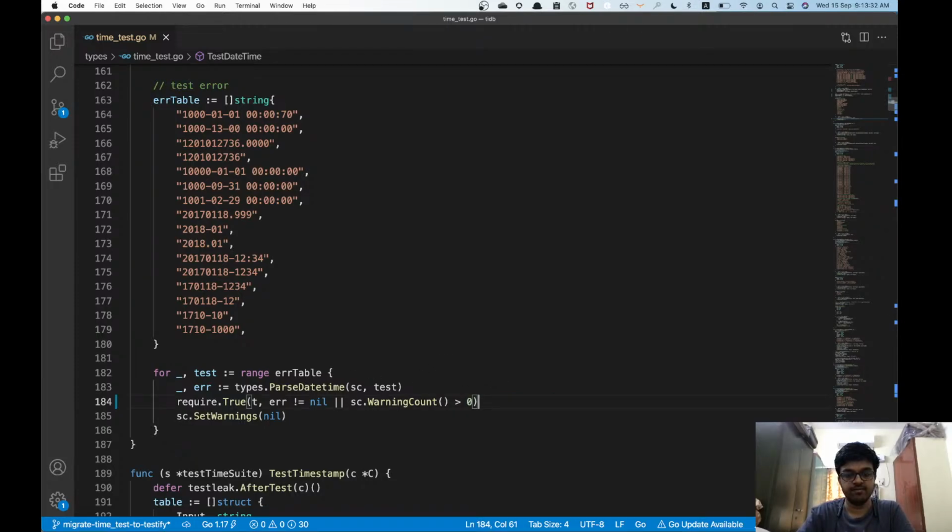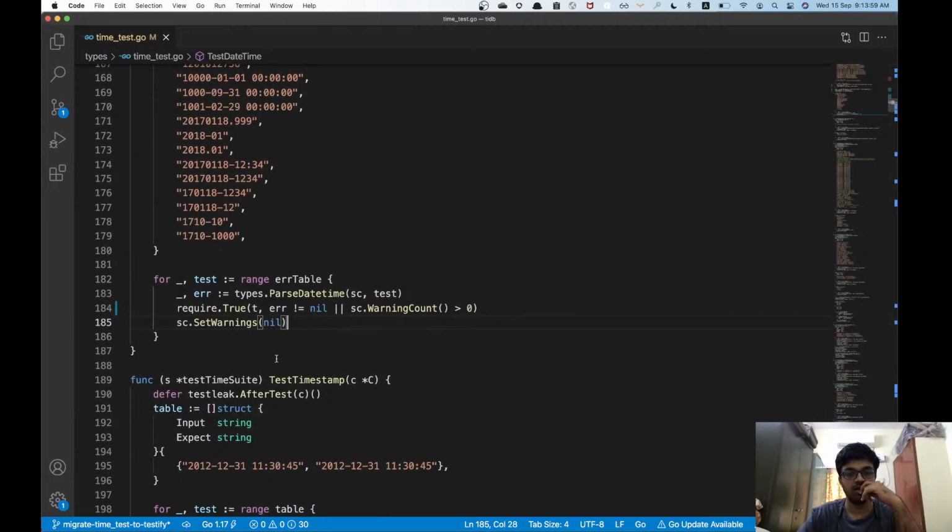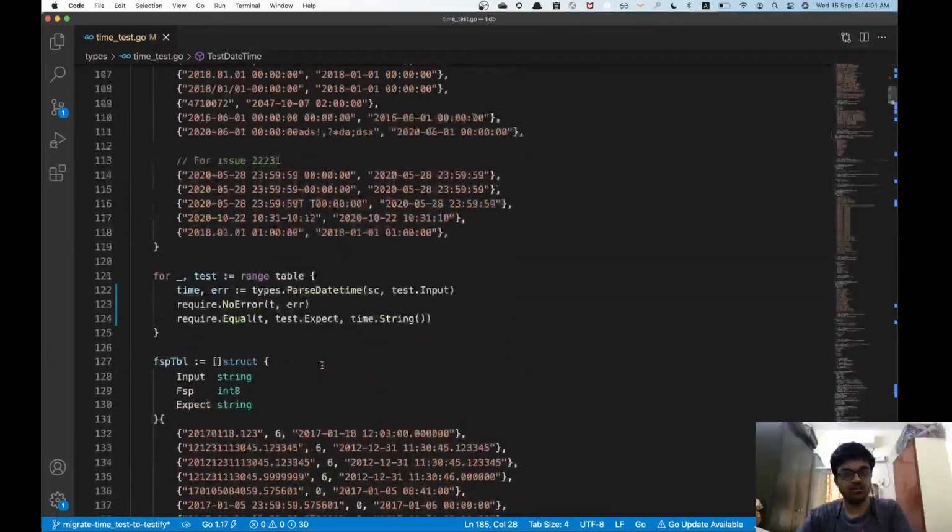Yes, that's it. I can't put require error over here because that will also fail the test. It looks like they do expect that it can be nil also. If I put require error, whenever it's nil and this is true, it's going to be true, but because of this, it will fail if I put require error. So it's going to be a leave error. And so, yep, we have migrated that.